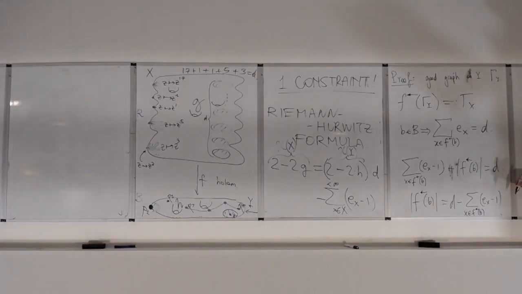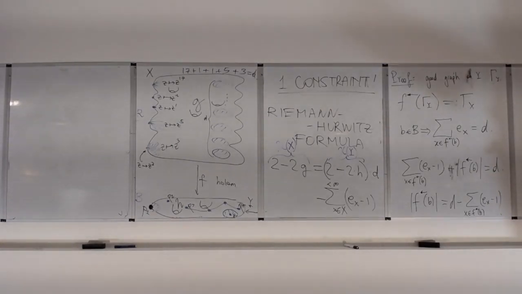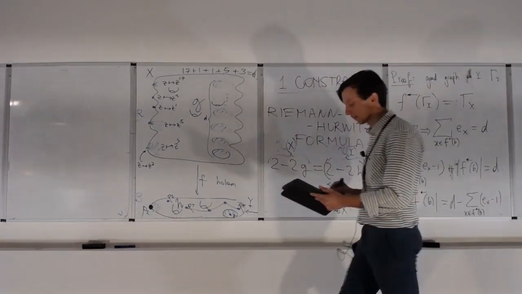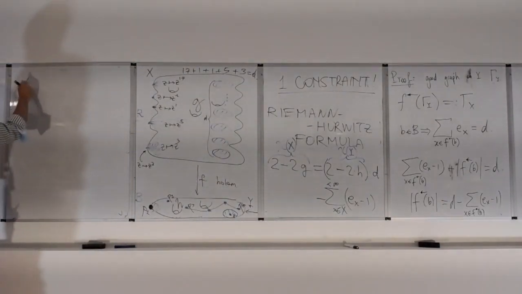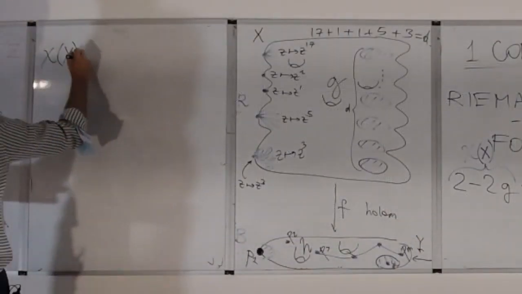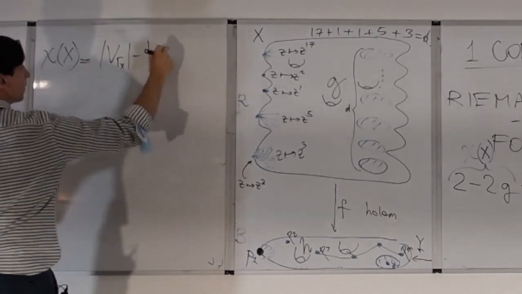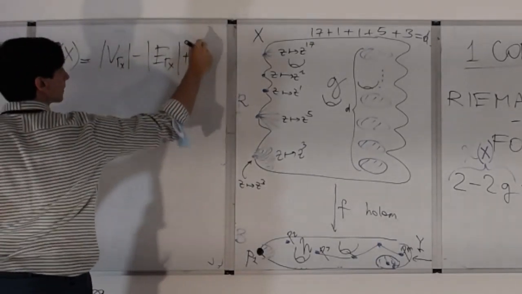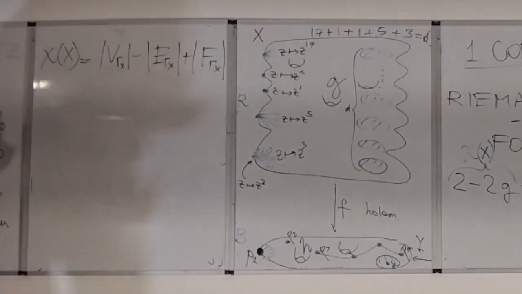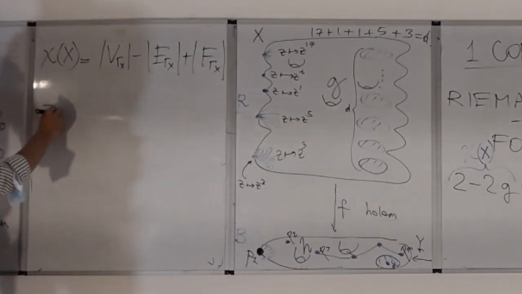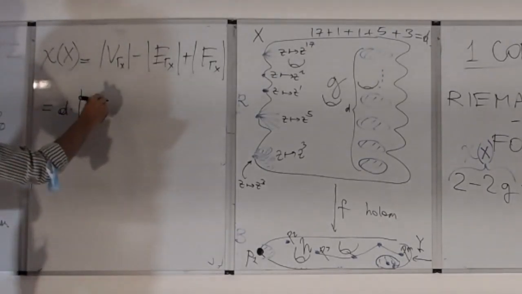Okay, and now you just do the Euler characteristic of the graph. Maybe I should do it just for the satisfaction of having the proof written down. If you take the cardinality of X, it is equal to the vertices of gamma X minus the edges of gamma X plus the faces of gamma X. And now this is equal to D times the vertices of gamma Y,